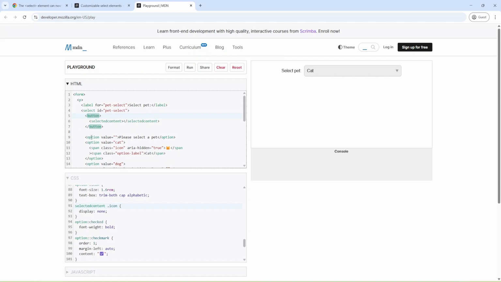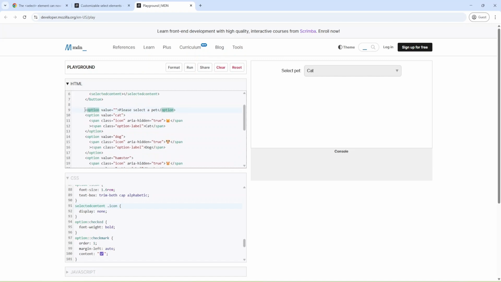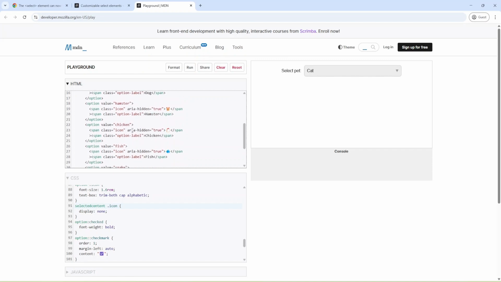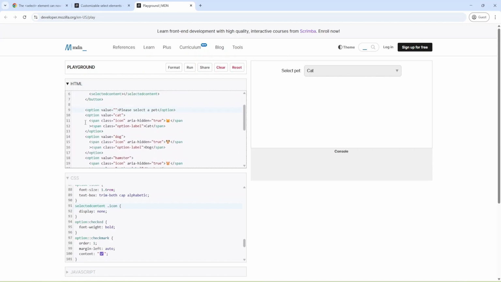Let's explore the options. As you can see, the first option has plain text, and the second and the rest of the options have some HTML content inside.